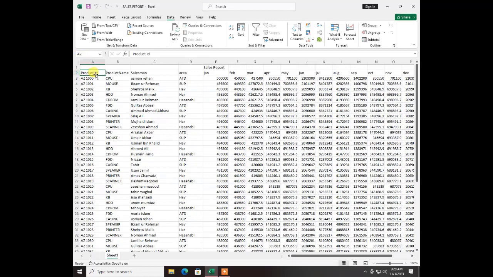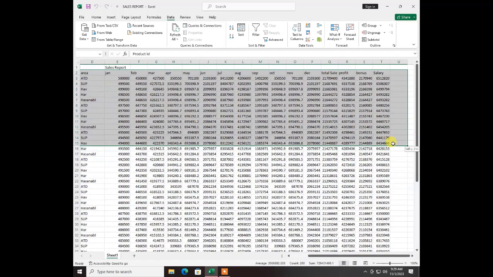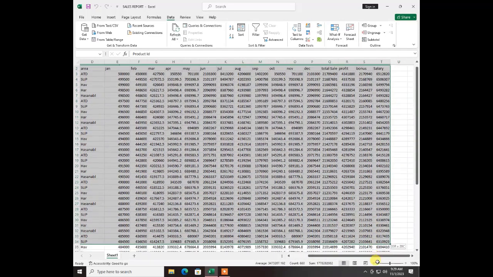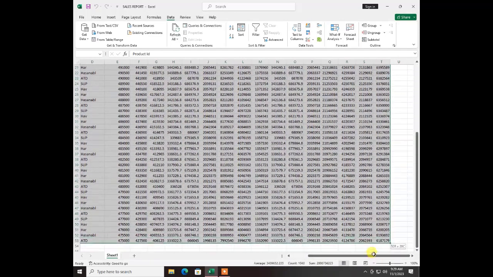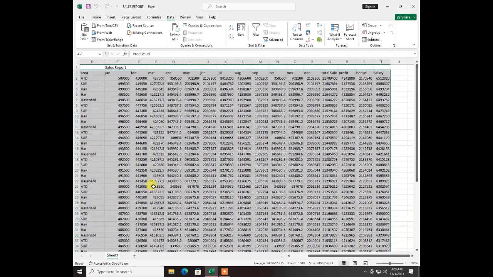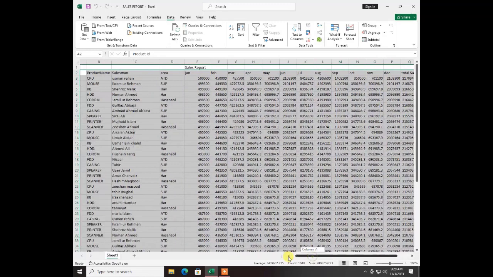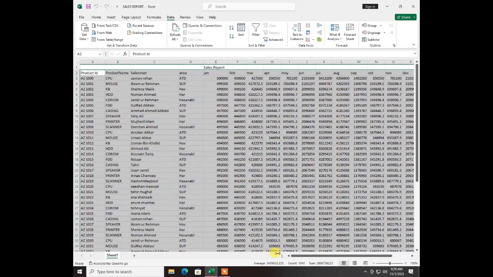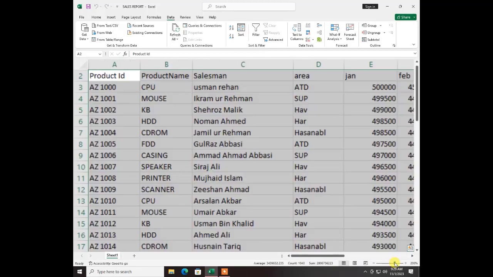Let's see. I have got data over here. This is a sales report. I have selected my data. Now we have to select it first. This is a large set of data that contains 50 records and multiple formulas. Here I have the sort command in Excel for that data. I will select that sort command,